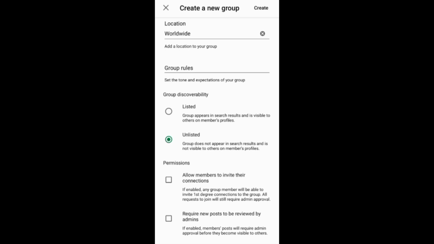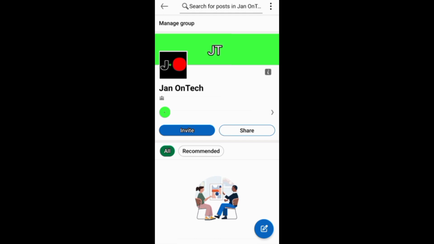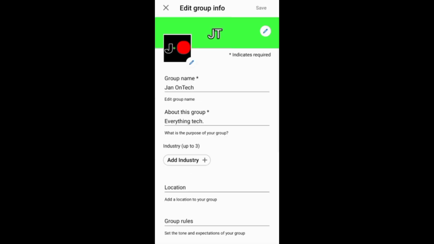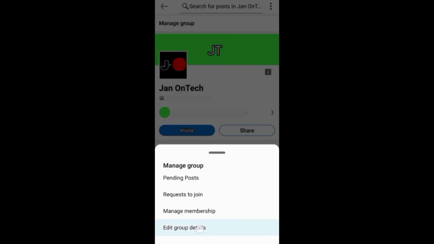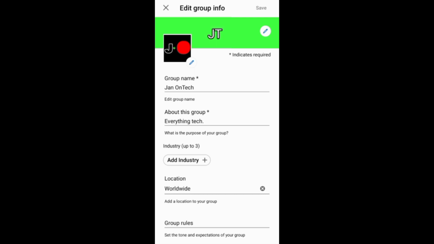And to make an already created group private, you need to go to the group's entity screen, and you can use this information icon to access the entity screen. You can also go to manage group above here, then entity group details, and go on to choose unlisted under